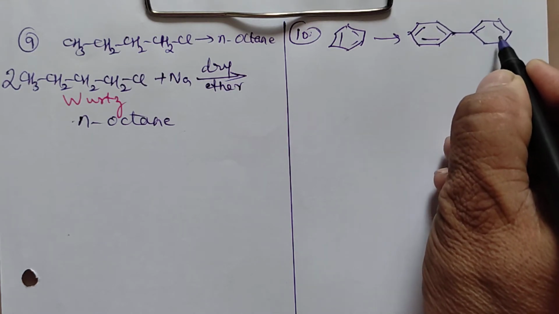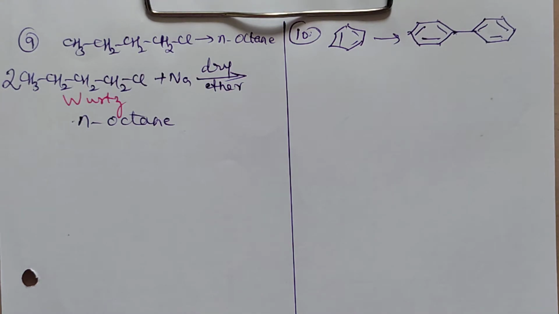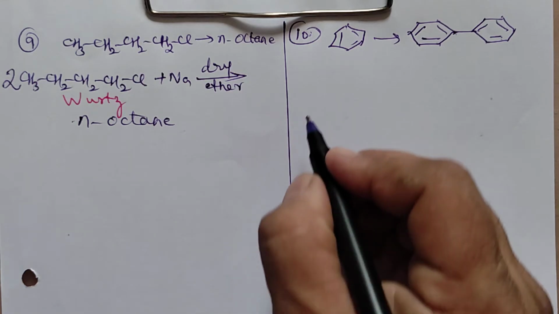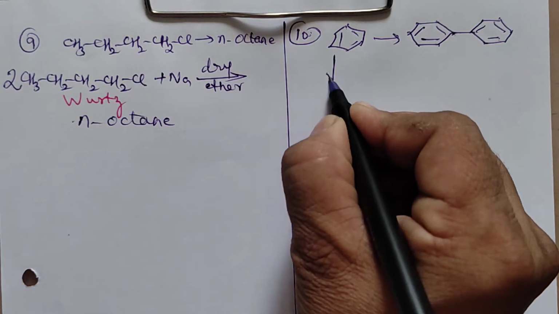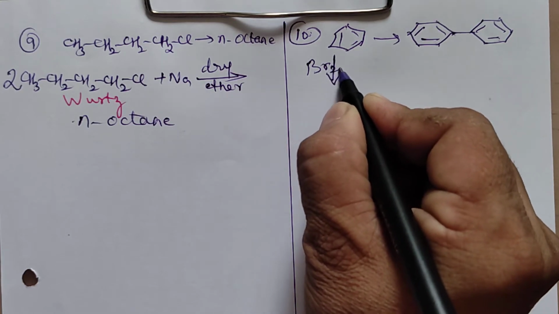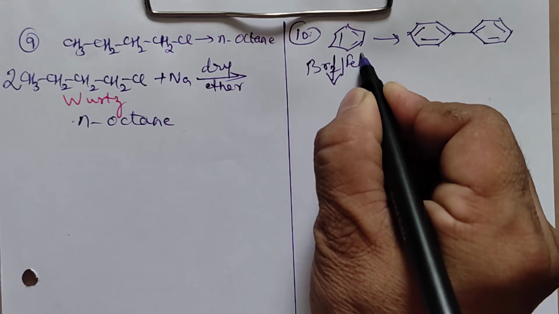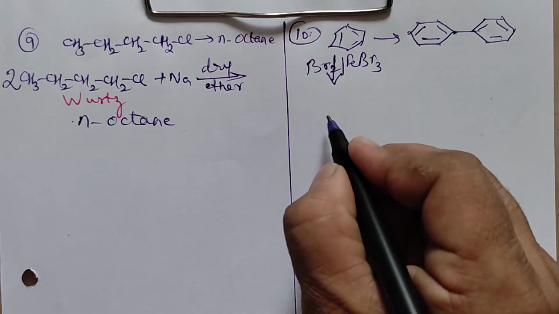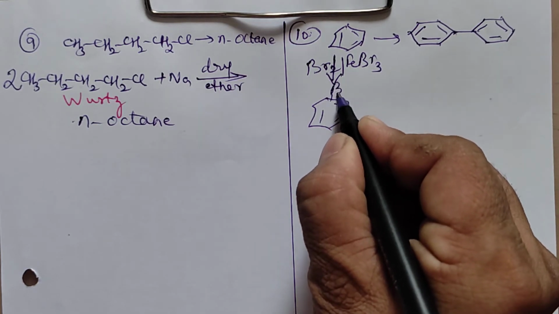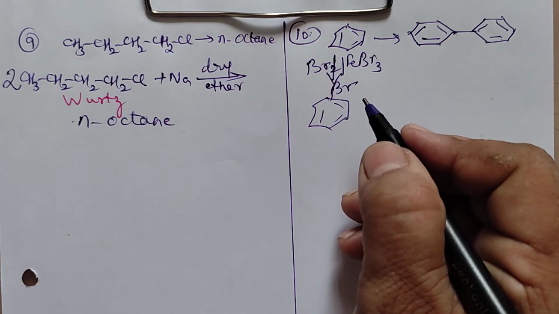Two benzene rings are held together. Biphenyl you are getting. Again, I think you must have got the answer by now. I can write down in the same thing only. You can just make it react with bromine in the presence of FeBr3, Lewis acid. You can get here bromobenzene, right?